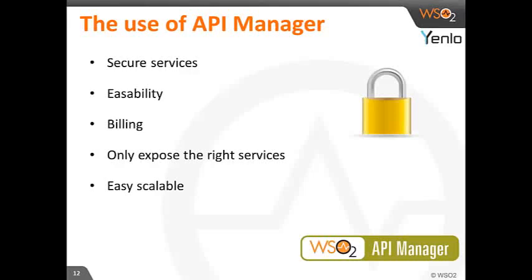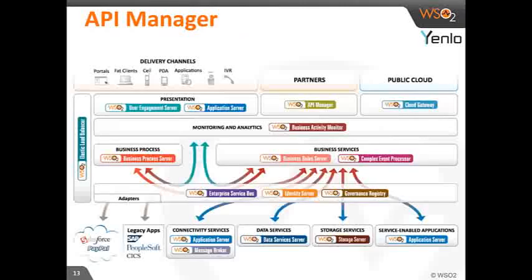So this is the whole API stack. WSO2 is a huge stack of products. We use some of them, such as API Manager, for exposing our services and managing access. We use the BAM to monitor our activities on the ESB and API Manager. ESB is used for our backend services, and we use the identity server for securing our APIs